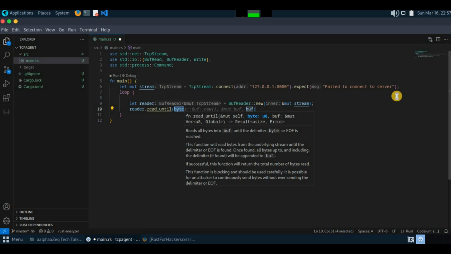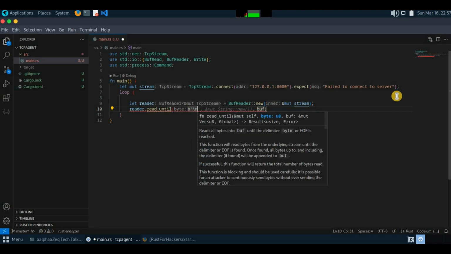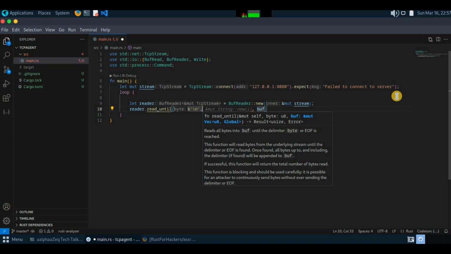We have to get the command from the controller in a way that when the attacker sends a command, he enters the command name and presses enter. So we have to read until the new line. This is the way: b means a byte value, and till it sees a new line, it's going to read from